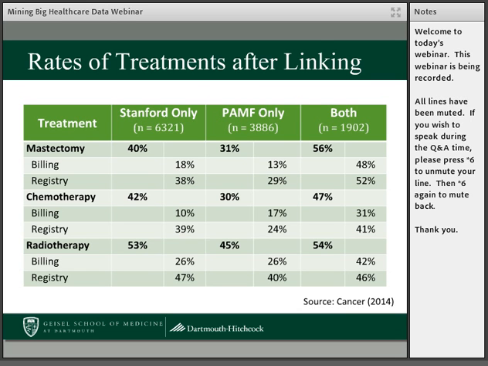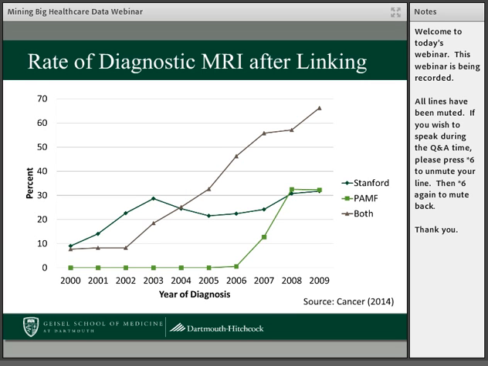Now, what I showed you there was the treatments, but we also looked at the diagnostic information as well, and you see another very similar and very curious pattern, which is here we're looking at the use of MRI, breast MRI, for diagnostic purposes. MRI can also be used for monitoring after a patient gets the treatment to ensure there's no relapse or recurrence of the cancer.